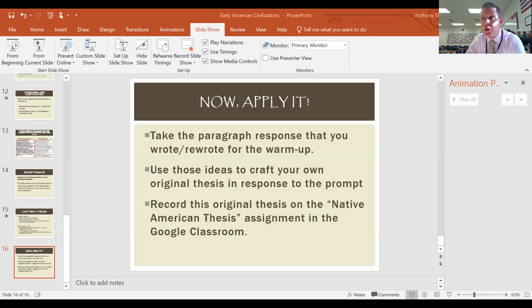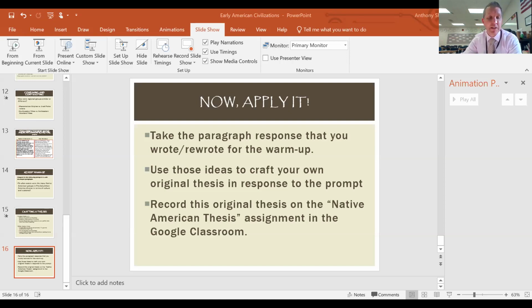Anytime you see the phrase in a prompt, to what extent, you want to consider that they're asking how much. How different or how diverse were they? Were they very diverse? Were they not very diverse? That's what the phrase to what extent means. So if you didn't answer that part of it in your thesis, you didn't answer the question. How much? If you didn't say how diverse were they, to what extent are they diverse, you're not showing what they are asking you to show. Okay, so really familiarize with that phrase because it shows up in all kinds of essays. To what extent basically means how much, how diverse were they?